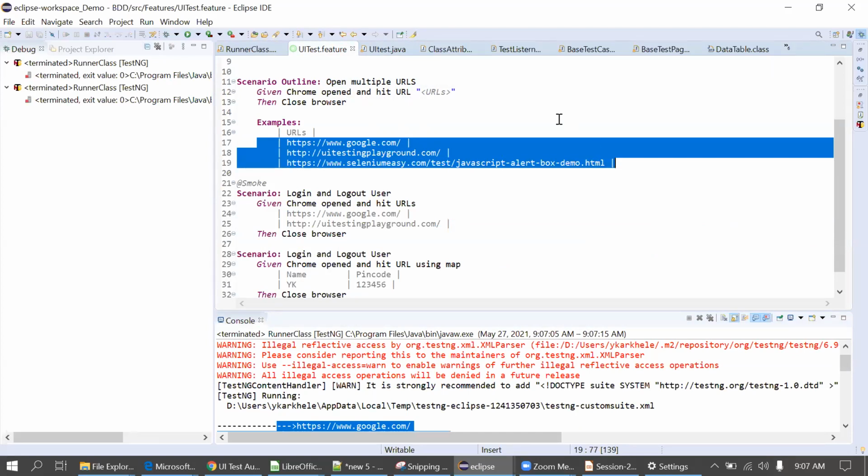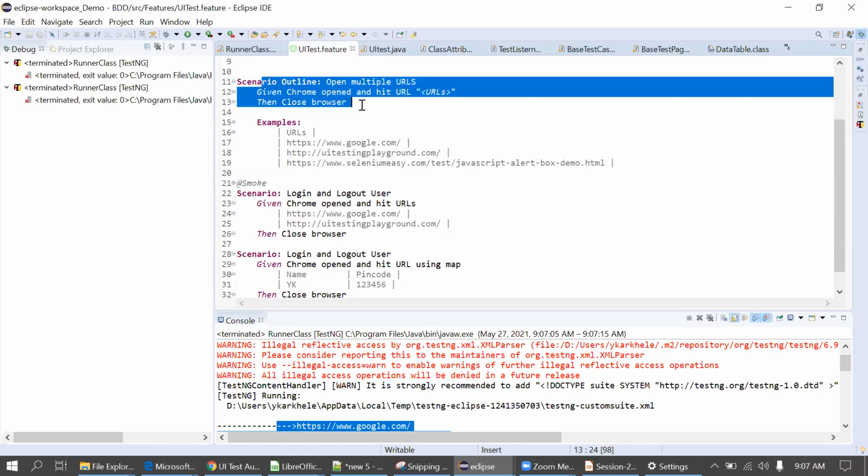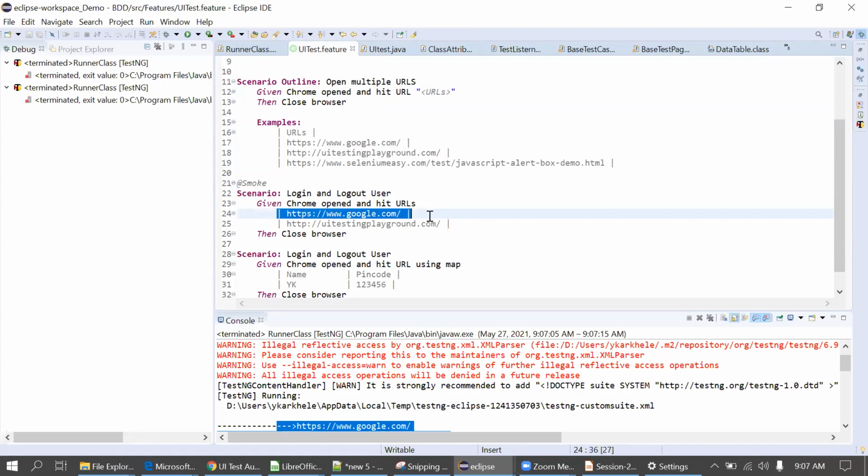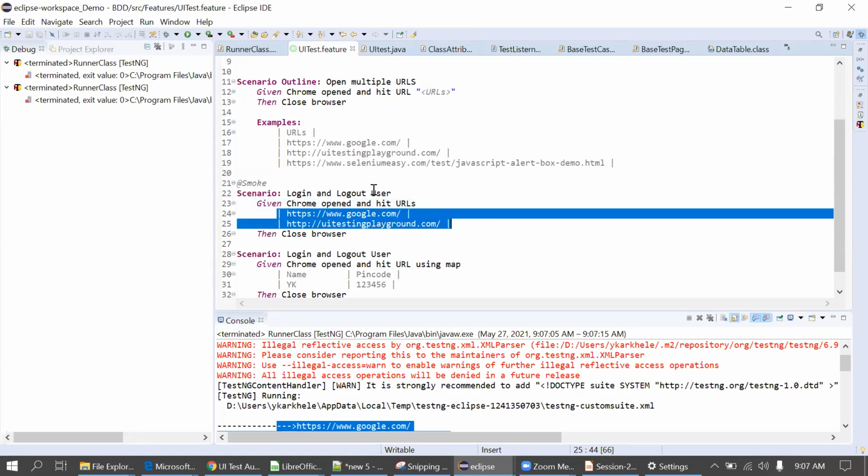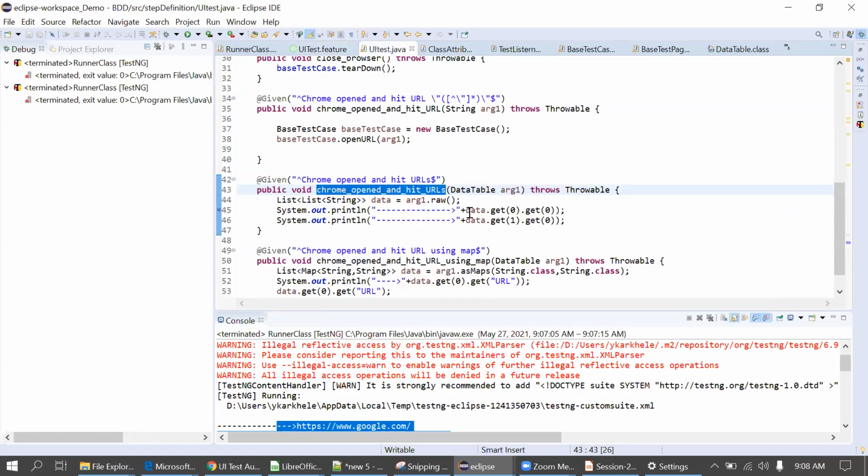So if you want to execute the same test case, the same feature scenario, for multiple data, then go for scenario outline. But suppose you are hitting this request first, then second, and you have to execute this in a single step, then go for the data table approach. So you can simply write a code here. First I will hit this URL, then secondly I will hit this URL, but in a single step. I will not repeat the whole scenario every time in this data table. That's the main difference between scenario outline and scenario data table.